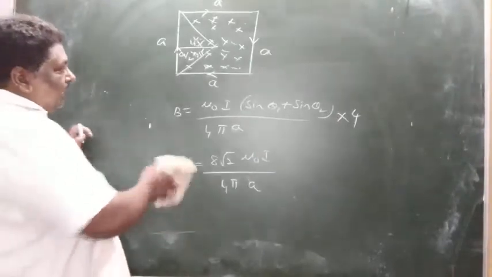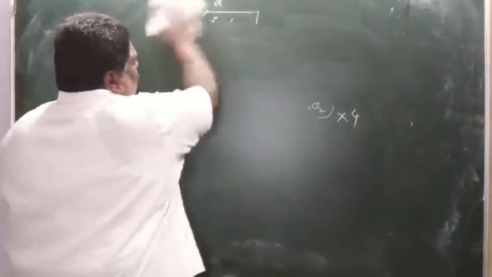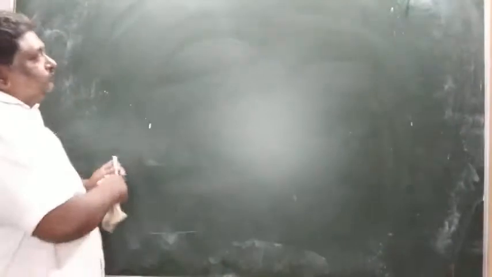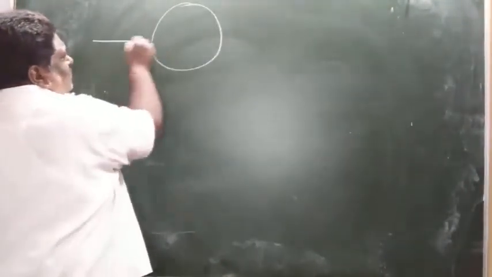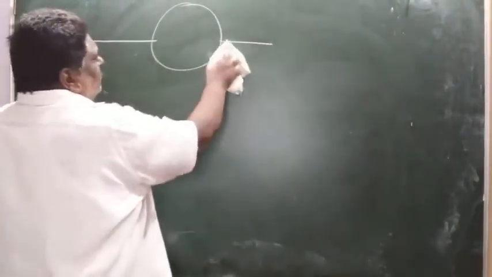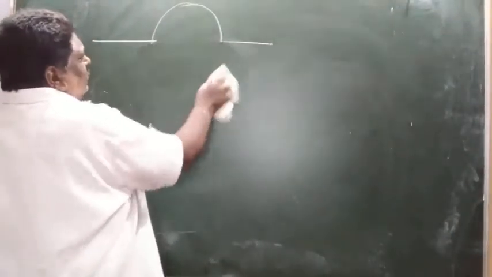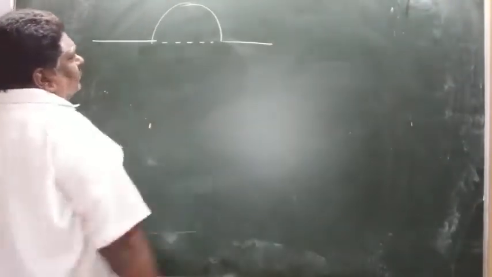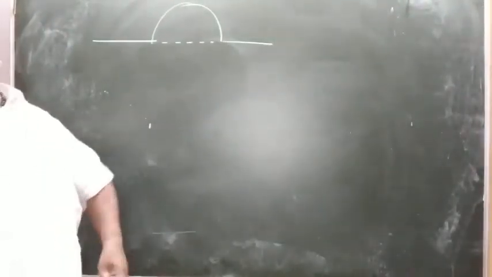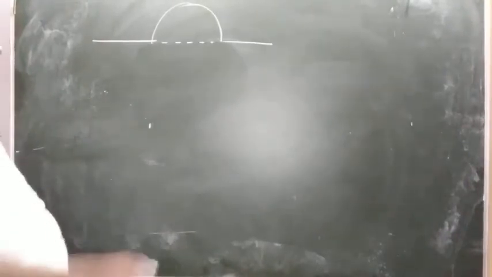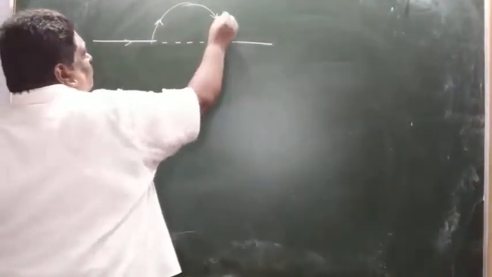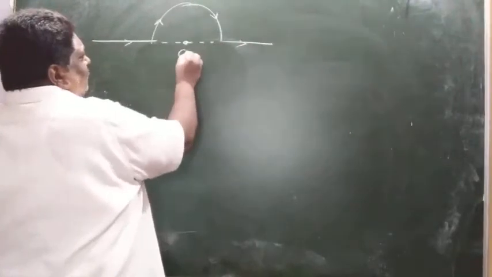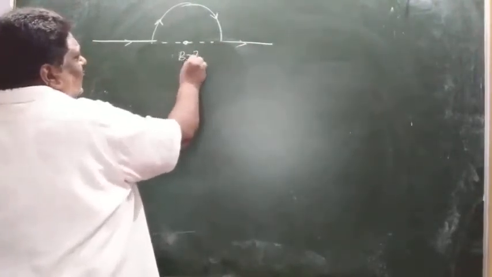Okay, right. Here one conductor like this is present. This is important for the case set. In this shape the conductor is present, and through it current I is passing. Here at the center, at this point, what is the magnetic field? This is the case set type question, important.